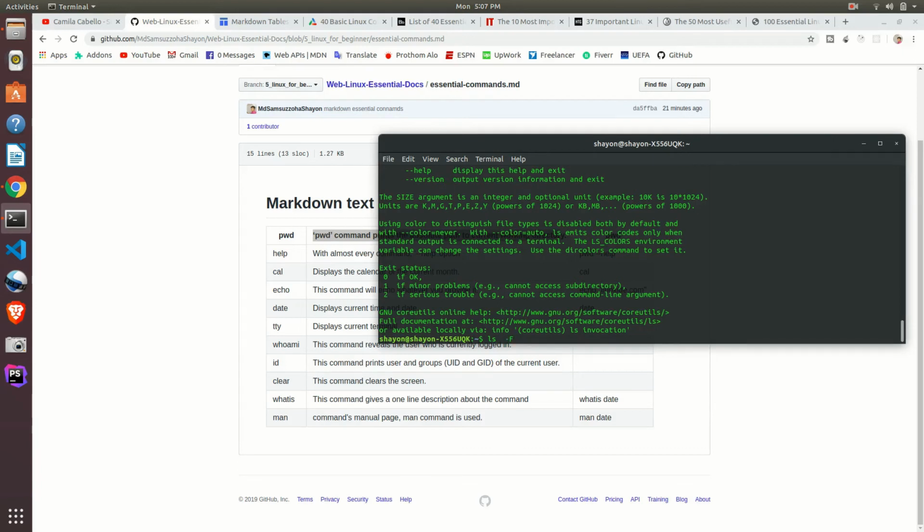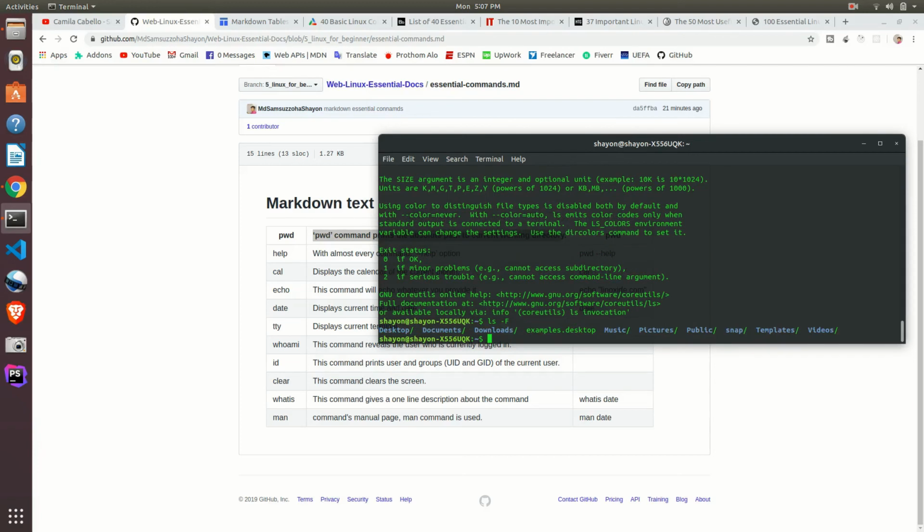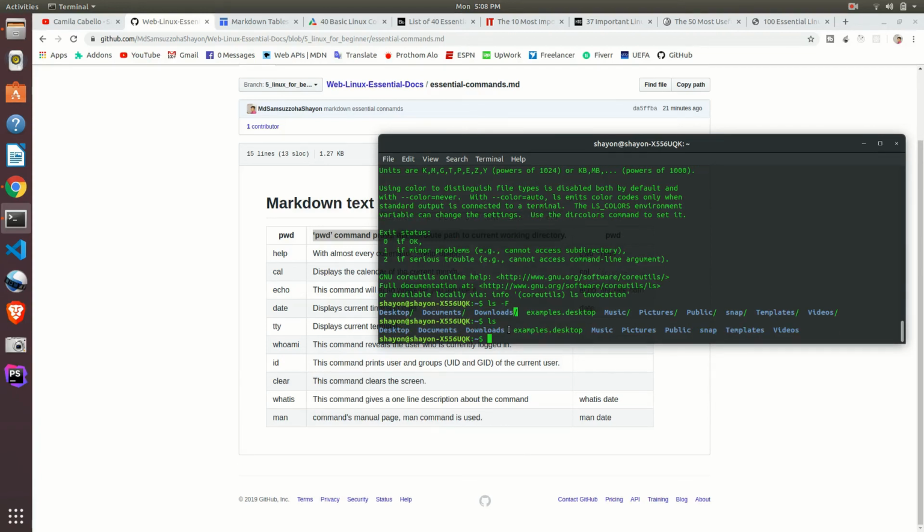Ctrl Shift V. There are maybe two spaces. We want only one. You see, these are the indicators. ls, there are no indicators, but when I write ls -F, those are the indicators we can show. Okay,